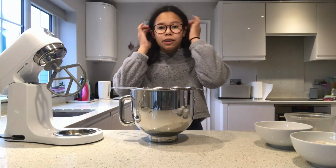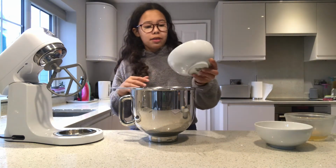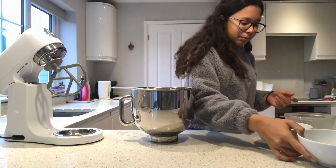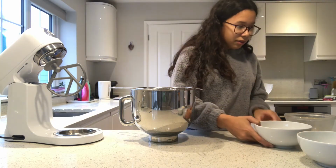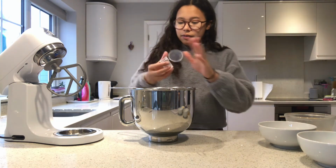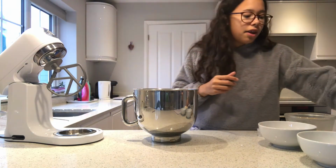Okay, so the first thing we're going to do to make these cupcakes is sieve into this bowl the self-raising flour, the caster sugar, and the bicarbonate of soda. We're just going to sieve this in like normal, and then we're going to add in our butter